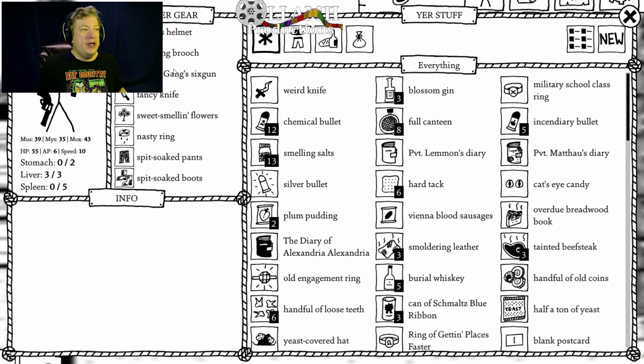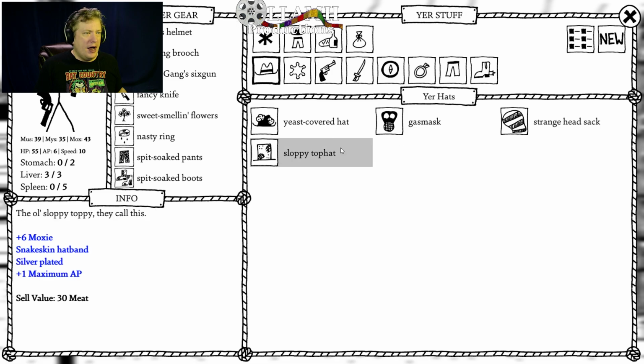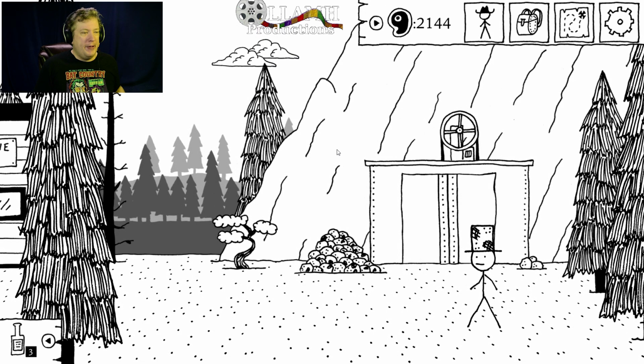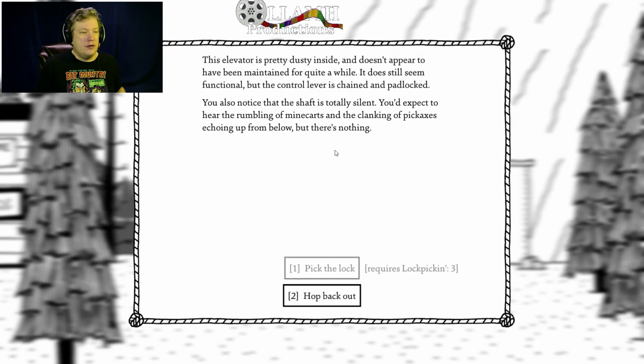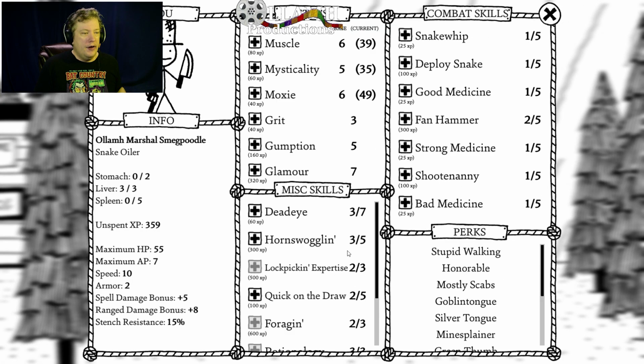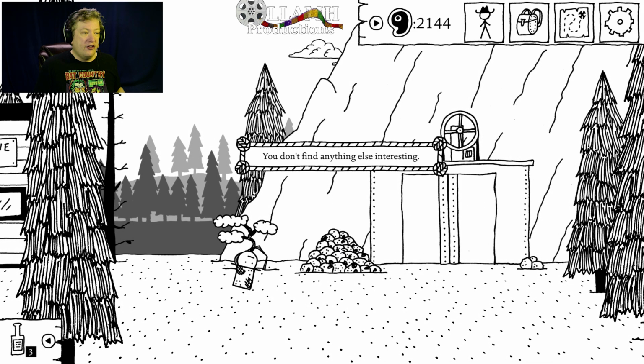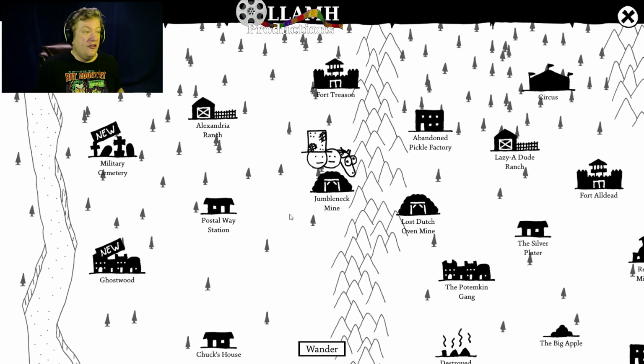So, we can get into this. I think we can get into this mine now. I think so. Right, the sloppy hat. Check it. We have to have lock picking of 3, which means we need another 141 experience points. Anything else there? No? Okay, fine. But we do have some quests still to do for